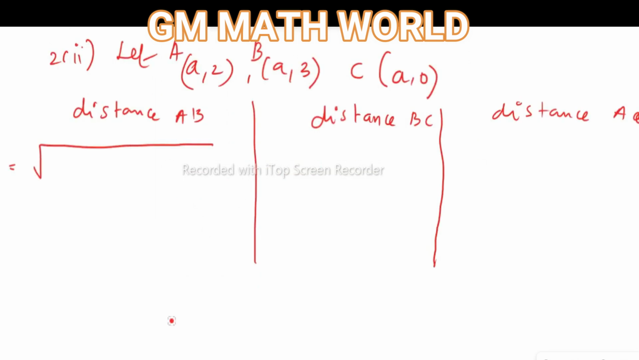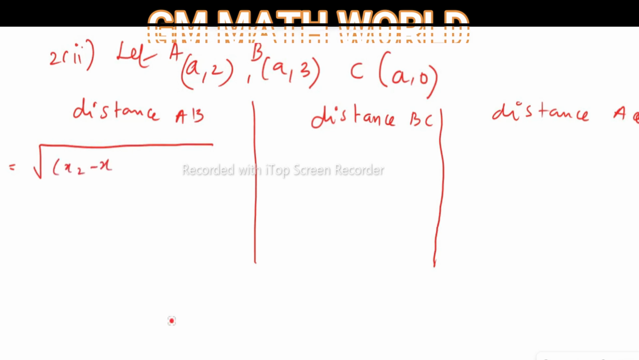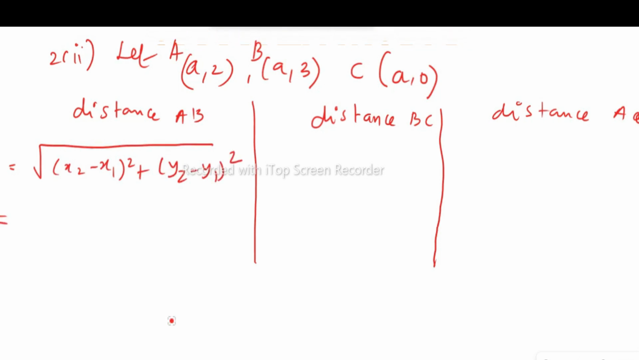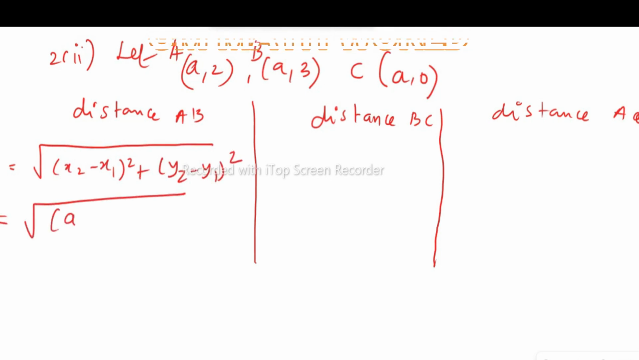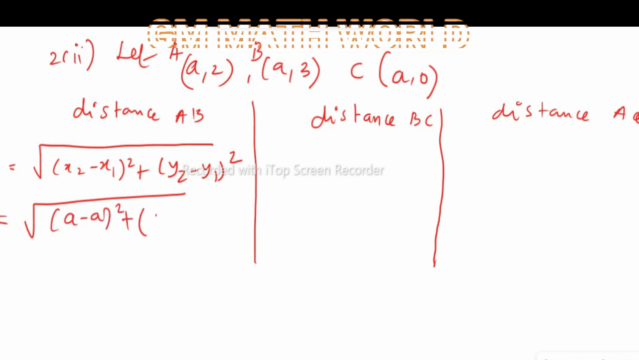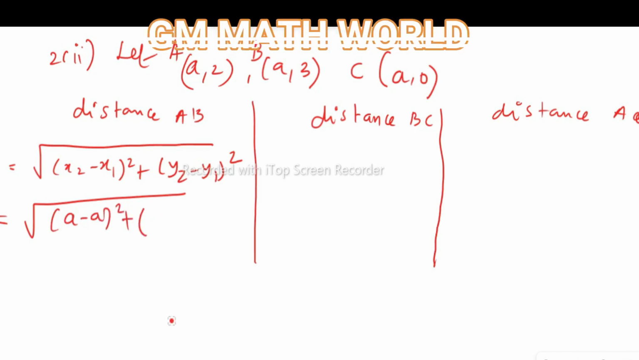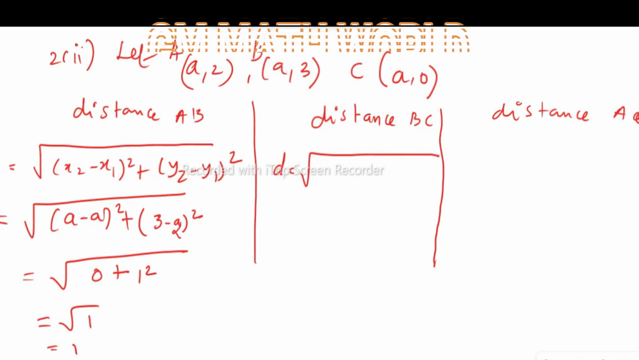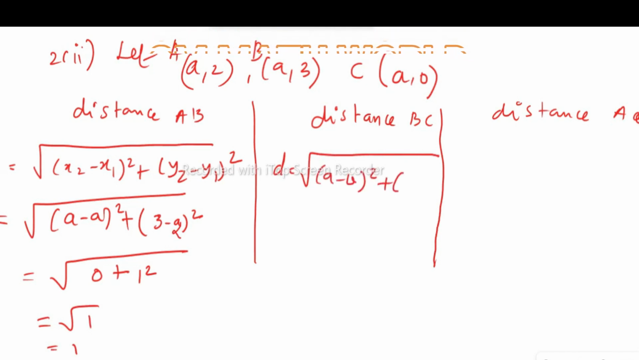Let us check the second problem, whether the given points are collinear or not. The 3 points are: let A be (a, 2), B be (a, 3) and C be (a, 0). The distance AB is square root of (x2 minus x1) the whole square plus (y2 minus y1) the whole square, which is x2 is a, x1 is a, so it is a minus a square plus y2 is 3 and y1 is 2, so it is 3 minus 2 square. a minus a is 0 plus 3 minus 2 is 1 square, so square root of 0 plus 1 is 1, square root of 1 is 1, and the distance BC is